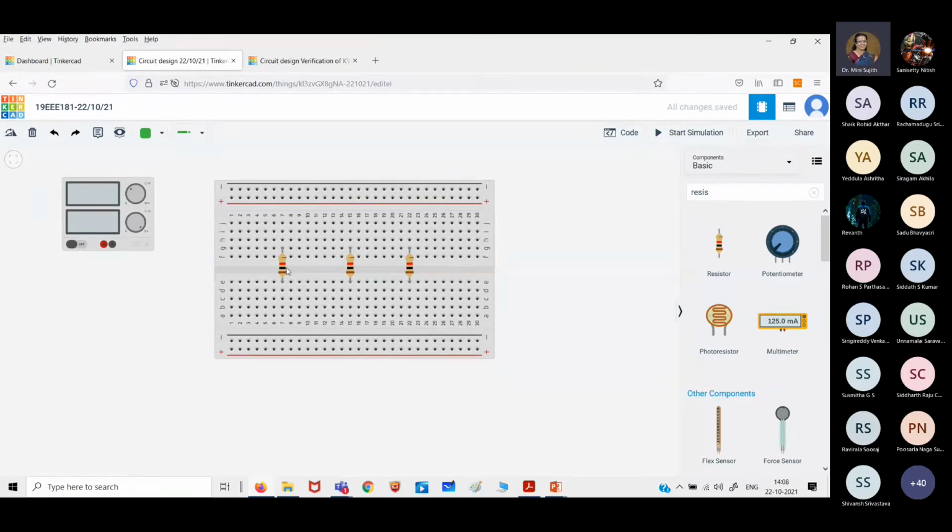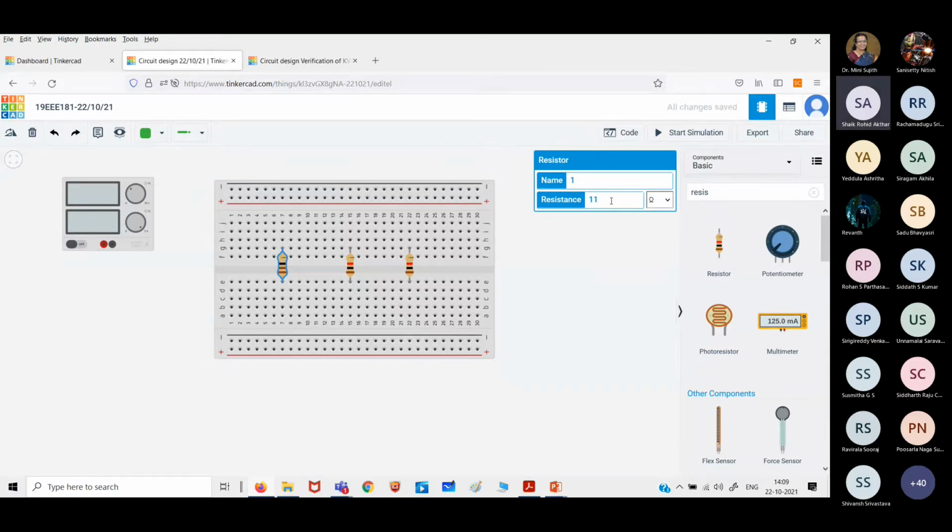Okay, so now coming to the values of the resistors. Click the resistor. It is giving you the option of magnitude of the resistor as well as the unit. Now what is the unit? Of course, we are not using kilo ohm resistor. We need only ohms. How many ohms? 11 ohms. Yes. Our first resistor is 11 ohms. Can you see the color code changing? See 11 ohm. If I make it as 18 ohm, it is different. If I make it as 28 ohms, you can see it is different. So right now let me write 11. That is the requirement.